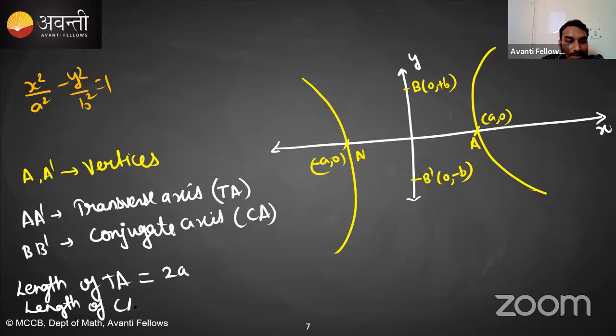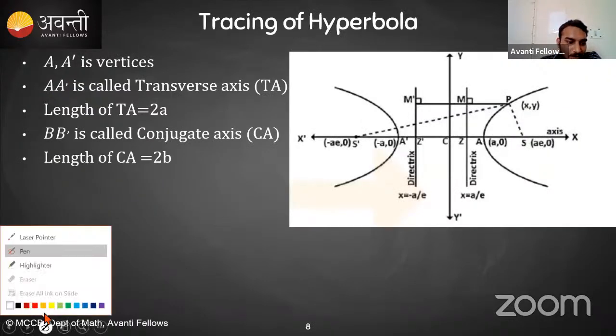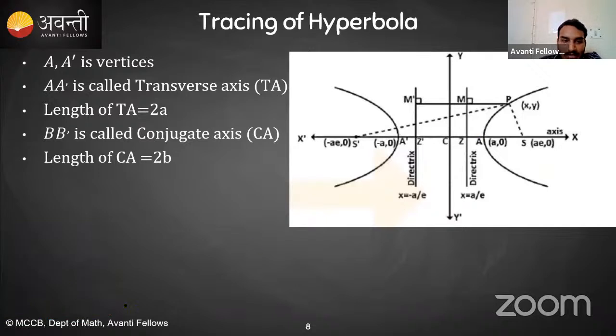Length of conjugate axis कितना है? 2B. Is this clear? Right? I hope there is no doubt so far. Okay. So if it is clear, now let's come back to the tracing of the hyperbola. Basically, the basic things about the hyperbola that we need to understand. From the hyperbola, we can see that,